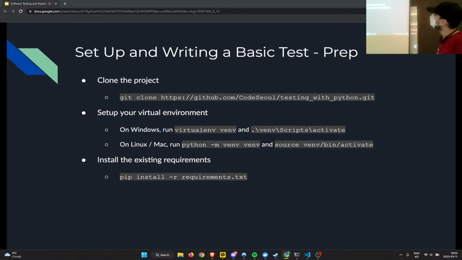Oh, yeah. Yeah, Windows is weird. So I tested all this before, except the Windows part. If the Windows part is wrong, let me know, we'll fix it. Because I originally created this presentation like maybe a year ago. And if anyone needs help, call out.